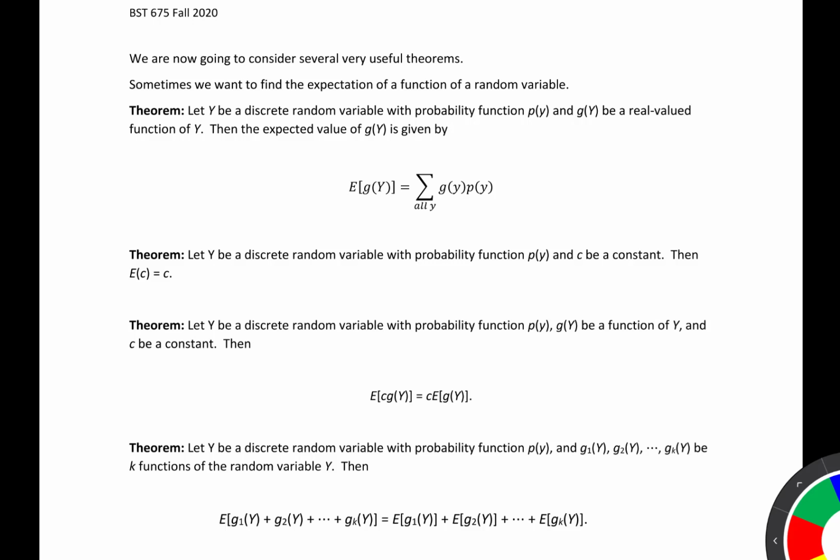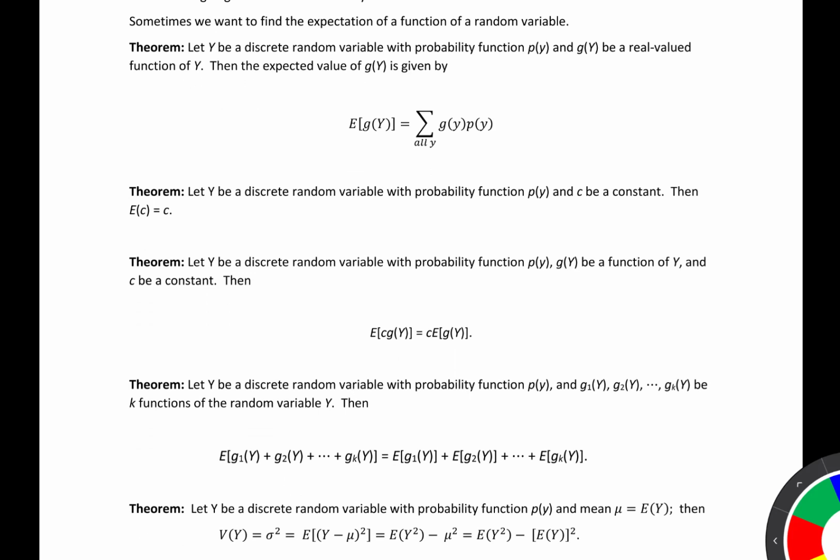So notice here we're interested in the expected value of g of y. Well, that is just, again, going to be a weighted average where we weight each of the outcomes of g of y by the probability of that y value. So same thing that we just did when we calculated the variance, because that's really what we were doing. We were taking the expected value of a function of y.